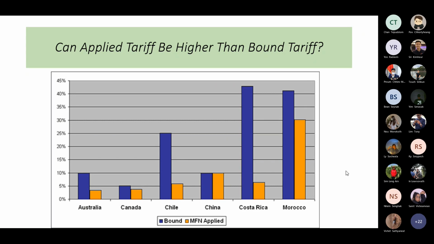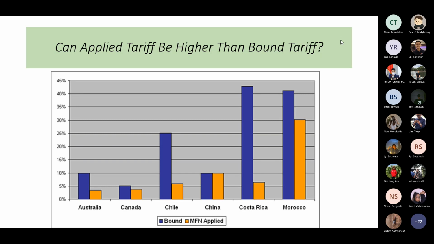Look at the scenario of many countries. For example, Australia: the average bound rate for all goods into Australia is 10%, while the applied rate on the MFN basis to all the other members of the WTO is only around 3 to 4%. Canada, the bound rate is 5%, while the applied rate is 4%. And Chile, the bound rate is 25%, while the actual applied rate is only 6%. I can say that Chile is very generous because its bound rate is very high,